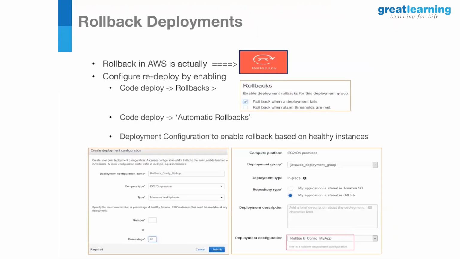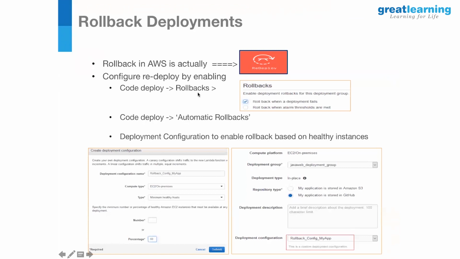So now, how do you roll back a deployment? If a deployment action fails for some reason, in an ideal world, we roll back to the previous version of the application that failed, right? That's what we say rolling back. In the AWS world, the rollback is nothing but redeployment. So for every deployment, logs and artifacts are retained on the EC2 and on-premise instances. And based on the rollback configuration settings in your CodeDeploy project, the rollback, that is actual redeployment, takes place efficiently.